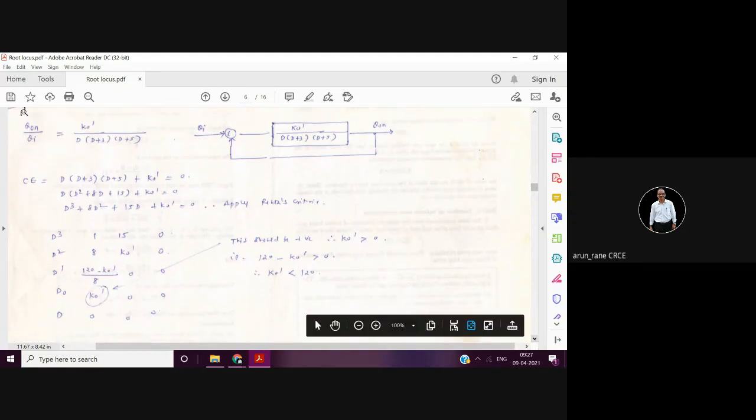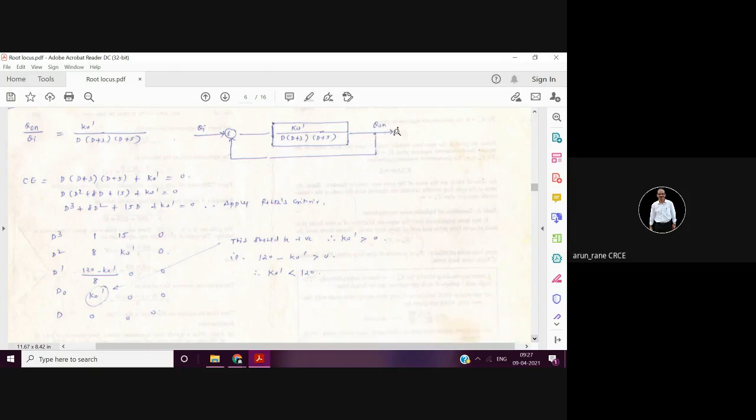Suppose this is the transfer function, or we will discuss this later. This was actually for the Routh criterion, like how to determine the value of k, that is the stability constant. So we are representing this by a block diagram. This is the output, this is the feedback. Then this is what your transfer function is.